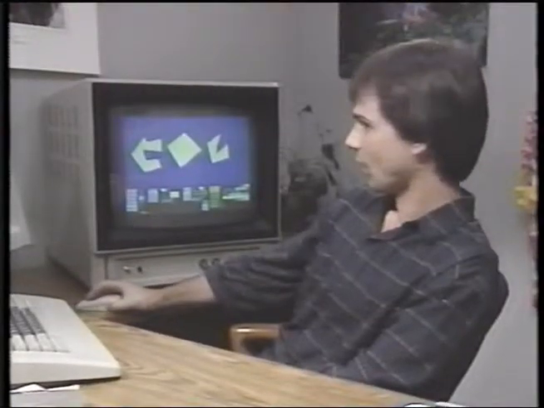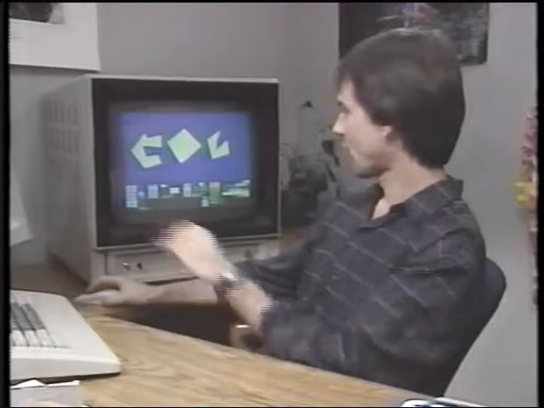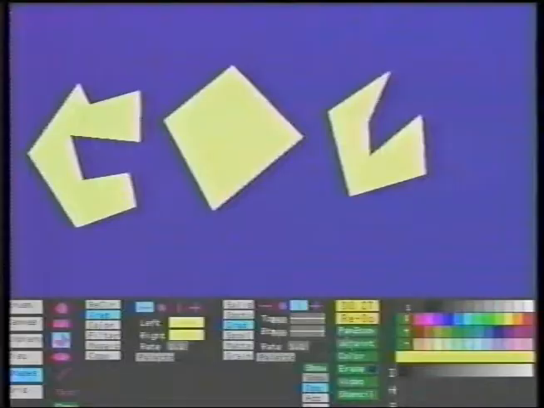If we look at these polygons, you'll notice that the edges of them are jaggy. I'll zoom up on them, and you can see that there's a staircase effect. The pixels are either on or off. There's no intermediate value. In reality, if you looked at those pixels, you would want them to be a percentage on or off depending on how much of the pixel was hit by the line, which was the edge of the polygon. And you want that to be represented by a shade of, basically a shade of gray or some